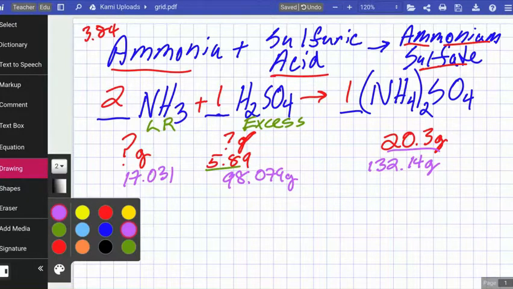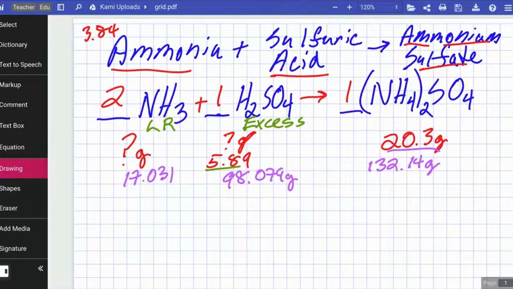Let's go red, since our balanced reaction was red. So we actually have 0.15, and since they gave us 20.3, I want 3 decimals. So 0.154, since it's 3/6. So that's how many moles